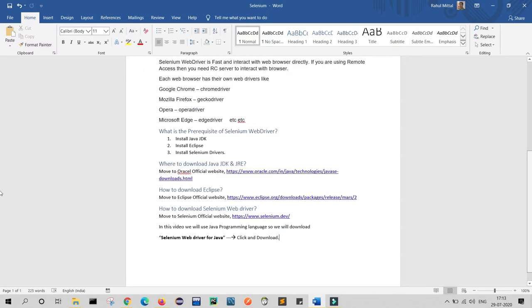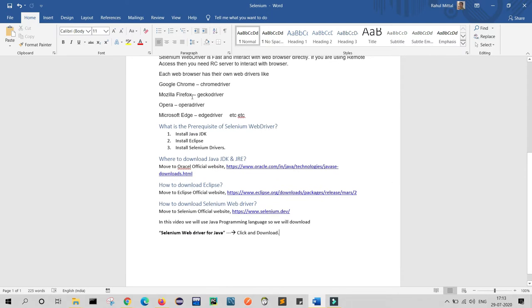We are required. So now the main topic is what are the prerequisites of Selenium WebDriver. This is our first session. In this session we will learn the necessary software and setups for Selenium WebDriver. First in the list, we need to install Java JDK. Friends, I am assuming that everyone has Java in their system. If not, then no worry. I will show you how you can download Java JDK.